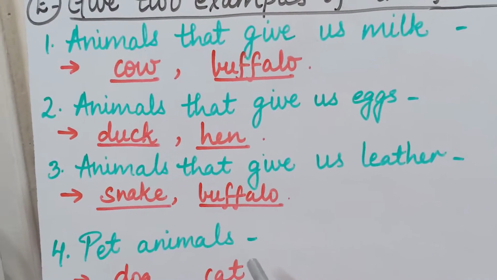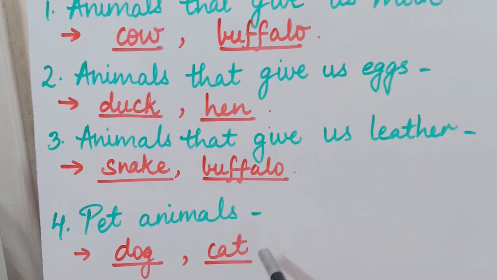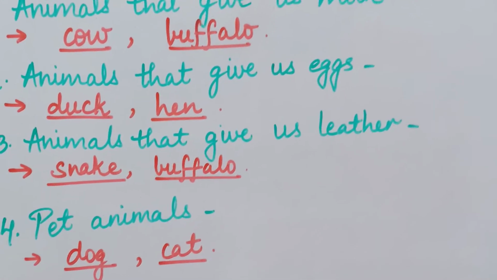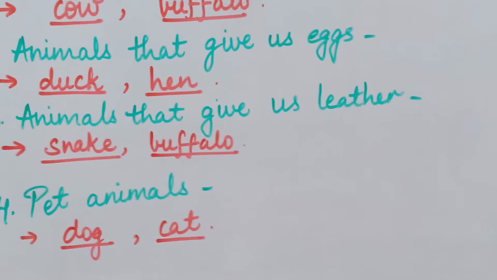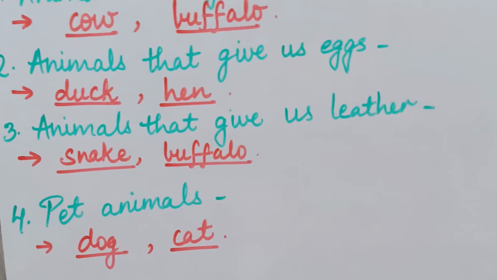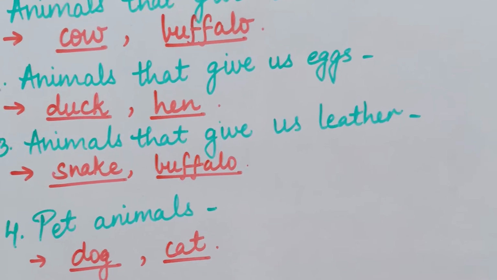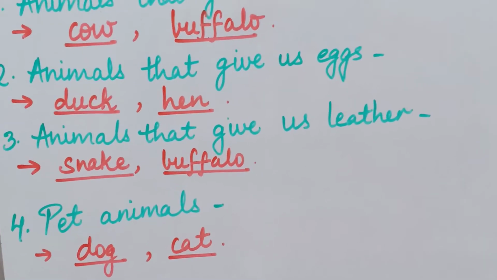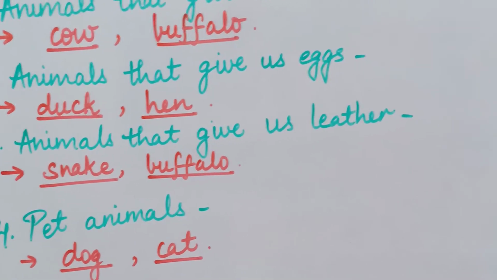Okay, now the fourth question is pet animals. 2 examples of pet animals. What are pet animals, children? जो हम अपने घर में पालते हैं. ओके, जो हम अपने घर में पालते हैं उनको हम पेट एनिमल्स बोलते हैं. और जो हम फार्म में रखते हैं, जिनसे हमें एग्स और मिल्क मिलता है, मीट मिलता है, वो एनिमल्स हमारे फार्म एनिमल्स होते हैं. सो फार्म एनिमल्स और पेट एनिमल्स दोनों एनिमल्स की एक कैटेगरी होती है, दैट इज डोमेस्टिक एनिमल्स. यू ऑल रिमेंबर, आई एक्सप्लेन्ड यू दैट ऑल्सो. डोमेस्टिक एनिमल्स जो हम अपने घर में और अपने फार्म में रखते हैं.